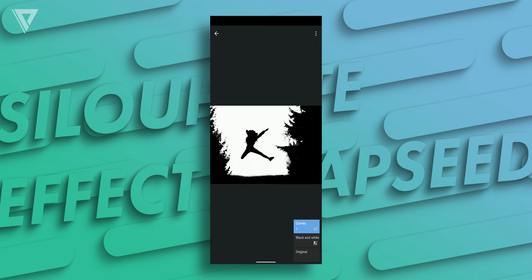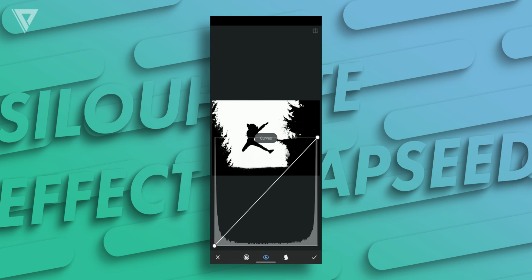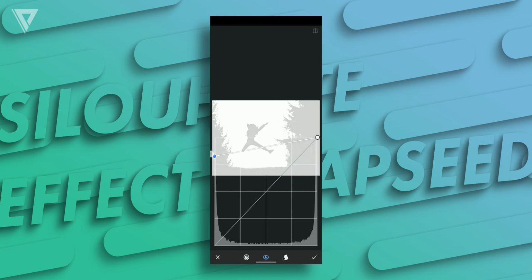We can fill white by going into curves, and bringing the darker part that is on the leftmost end to the uppermost, just like this. Again, the filter applied to the entire image, and we need to apply the mask only to the background.